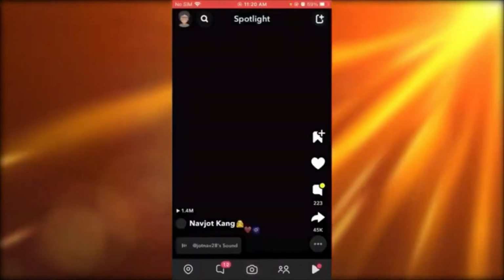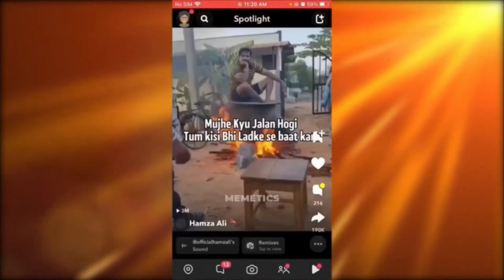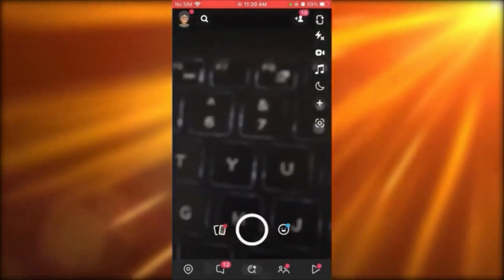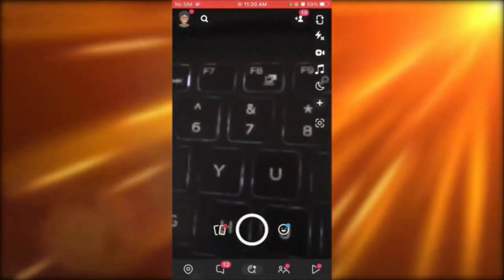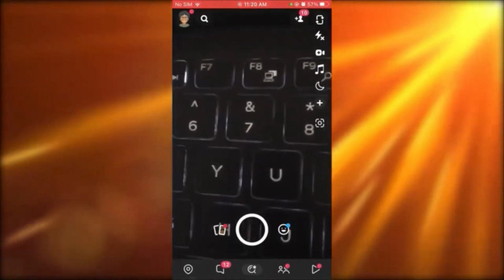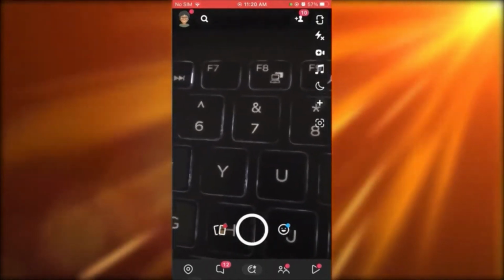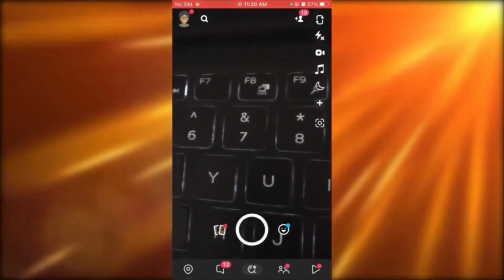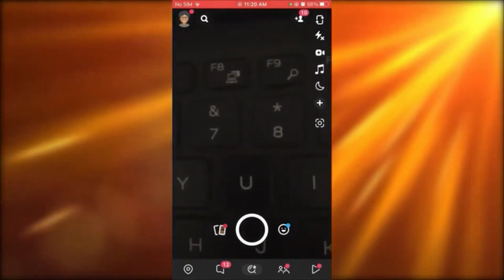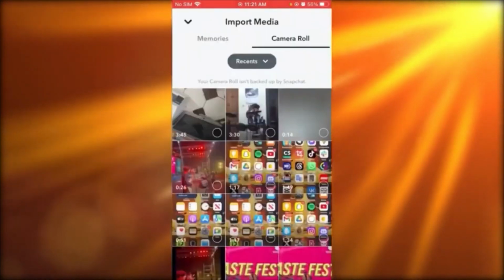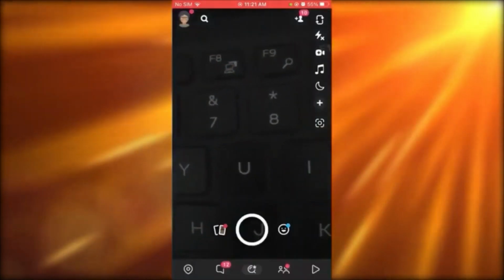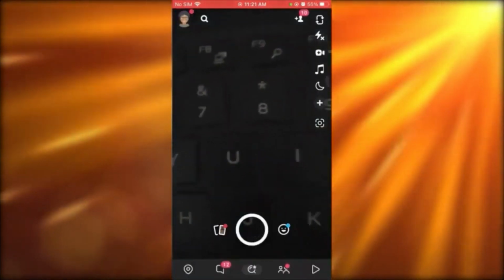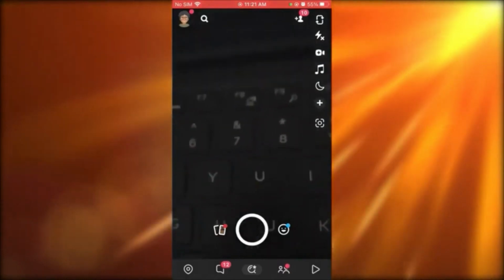Now, once we're over here, what you're going to do is come over to Spotlight. Now, this is obviously my Spotlight. Okay, you get the whole point of it. But Spotlight is just like Reels, or it's like TikTok. You keep scrolling down and you get more stuff to watch, more stuff to follow, etc. Now, how do you make money off of it? Basically, all you're going to need to do is just have a proper account to add videos on Spotlight. Now, as you can see, you can upload any video onto Spotlight. Just go ahead and upload videos on Spotlight, and once you start getting views, you can actually monetize yourself through